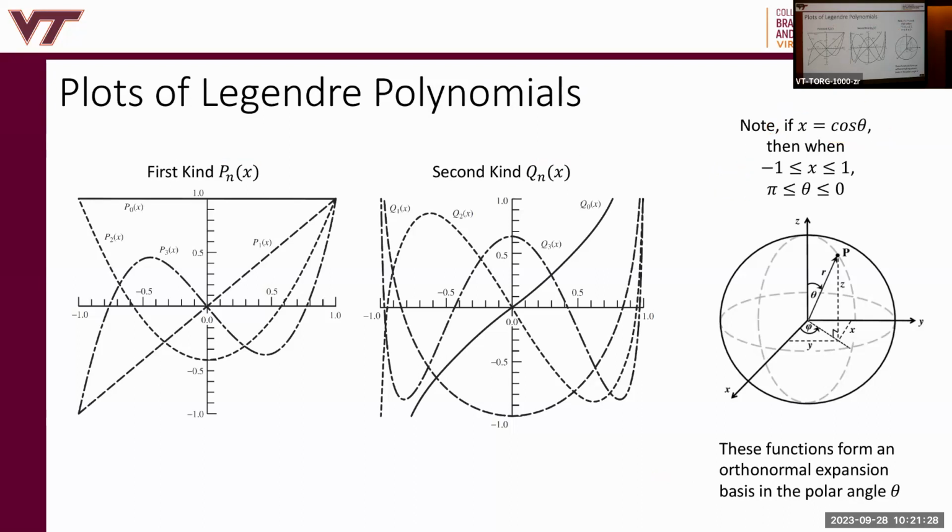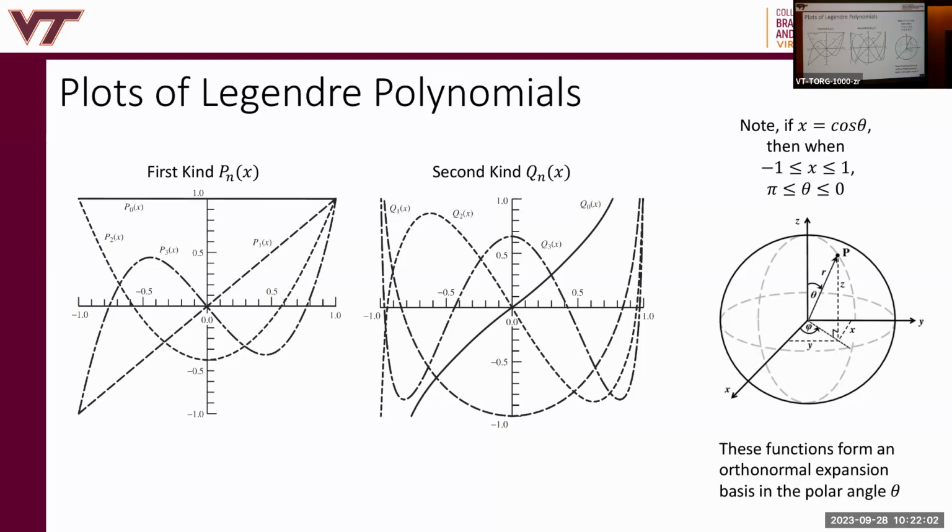How do Legendre polynomials differ from normal polynomials? Normal polynomials are not orthogonal, right? If you have a0 plus a1x plus a2x squared plus a3x cubed, so a normal power series, those are not orthogonal polynomials. If I integrated x times x squared dx from -1 to 1, or wherever I'm trying to apply this expansion, I would not get 0, right?